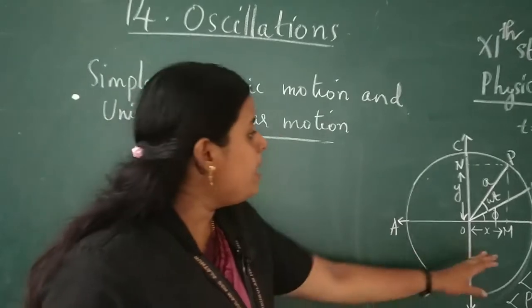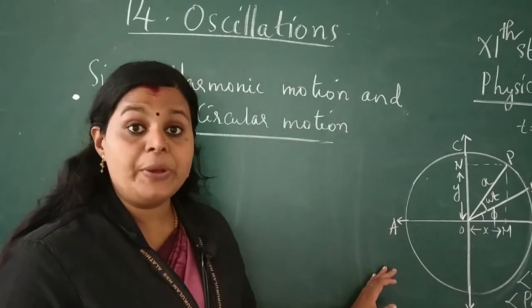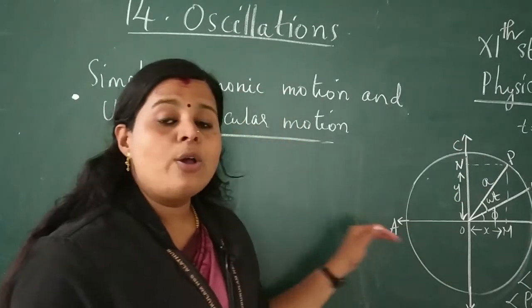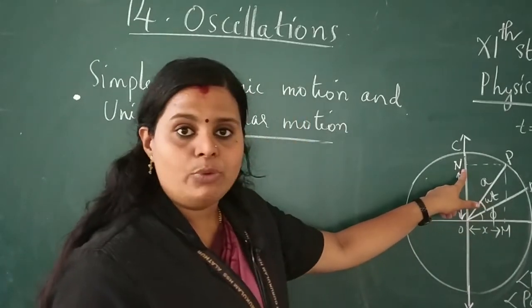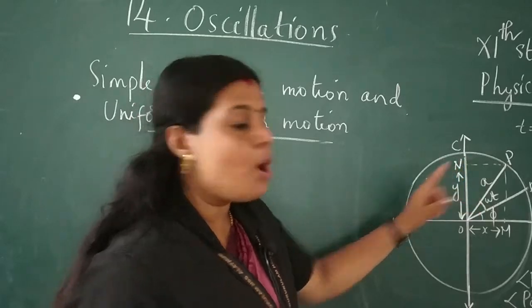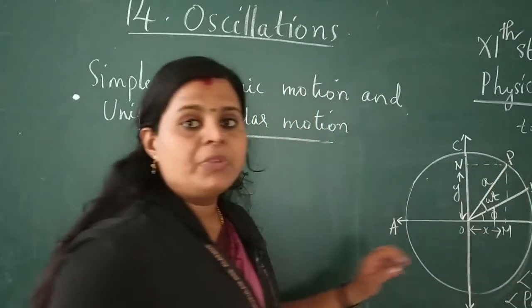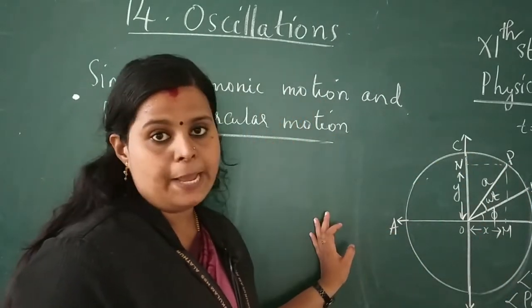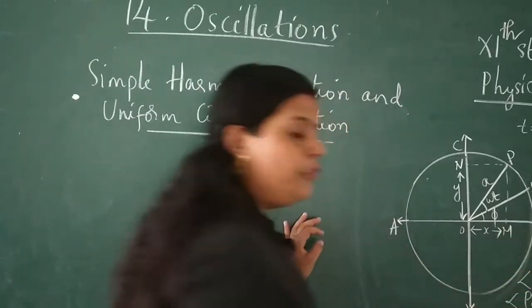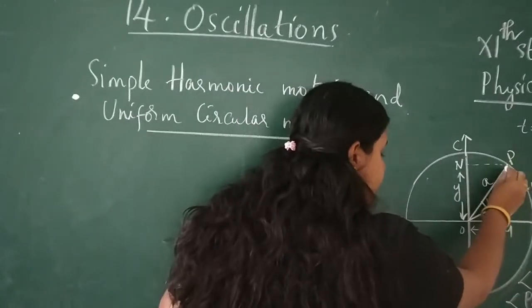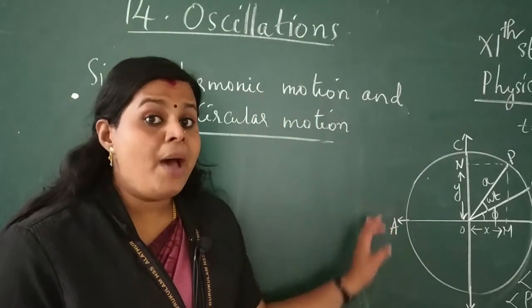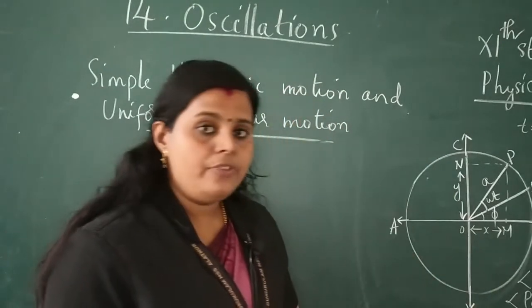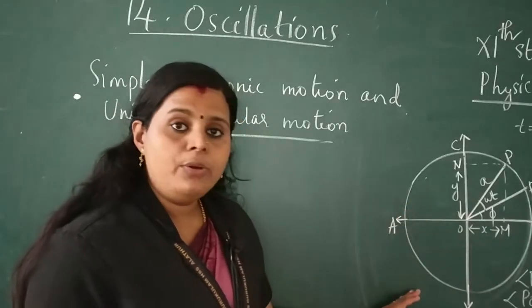Clear? Here AB and CD are two mutually perpendicular diameters along the x and y axis. Also, the point N is the foot of the perpendicular drawn from the point P to the diameter CD. Similarly, M is the foot of the perpendicular drawn from the point P to the diameter AB. Now listen children, when the particle moves along the circumference of a circle, the foot of the perpendicular executes